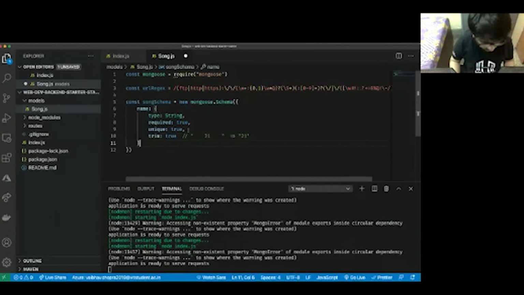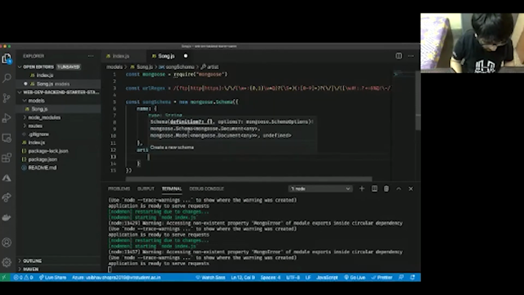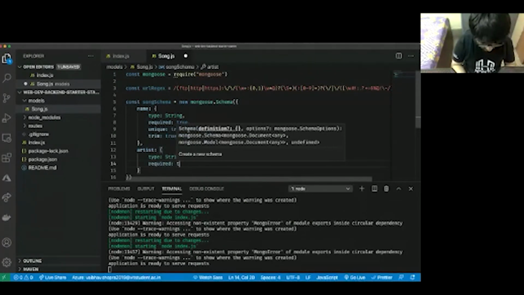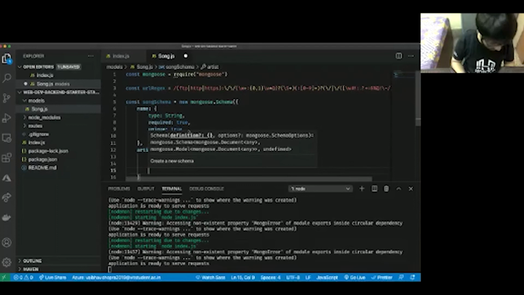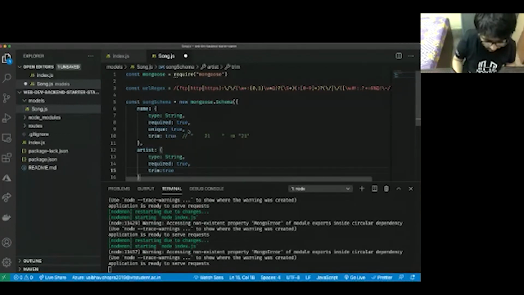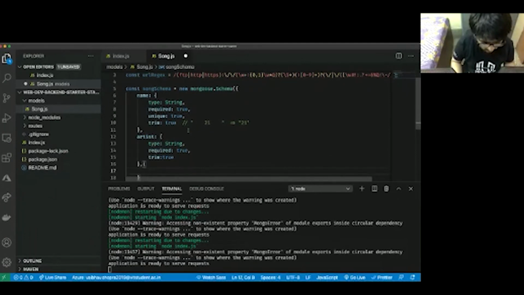I'll give a comma here, and now I'll enter artist colon, and I'll open the curly braces. This is also a string, because artist name should also be a string. Is it required? Yes, it's required. Trim, yes, true. And notice that I did not give unique this time, because I could have two or three songs from the same artist. Okay. Up next, we have